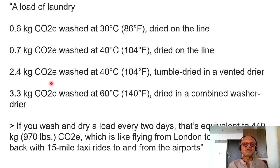2.4 kilograms equivalent washed at 40 degrees centigrade but tumble dried in a vented dryer. I'll show a list of things one must look at. Tumble drying includes lots of energy consumption, and one must be careful about that. Jumps to 3.3 kilograms CO2 equivalent if you wash your clothes at 60 degrees centigrade and dry in a combined washer dryer. So in general, if you wash and dry a load every 2 days, that's equivalent to 440 kilograms